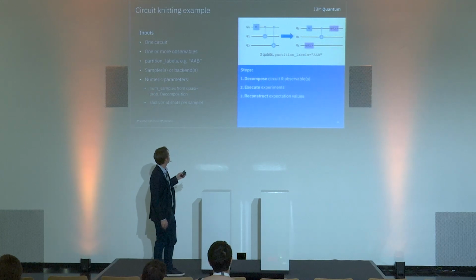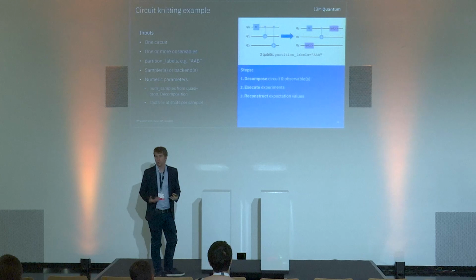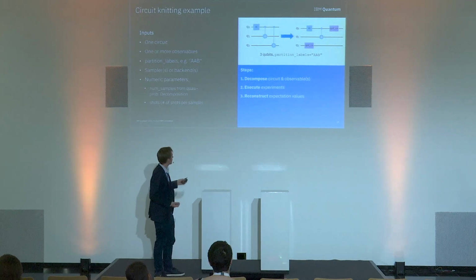And so if you analyze this quantum circuit here, you will see that there is this one gate that goes from partition A up here to partition B. And this is the gate that we would need to cut and then implement with what we call a quasi-probability decomposition. And so what happens in this toolbox is we will replace this gate here with sort of indicator gates here.